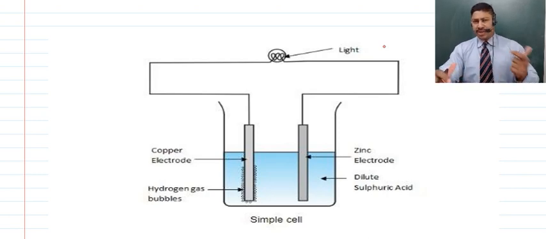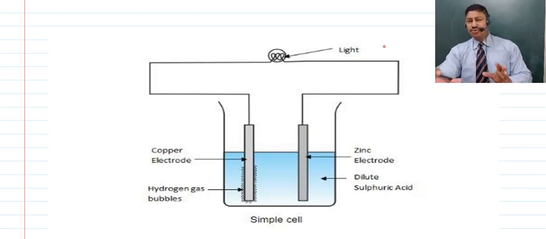So we have two types of electrochemical cells. The first is the primary cells, where the reactions are irreversible, and the second are the accumulators or the storage cells or the secondary cells, where the reaction can again be brought back to the original position where the reaction just didn't start, right? So these are the two different types of cells.